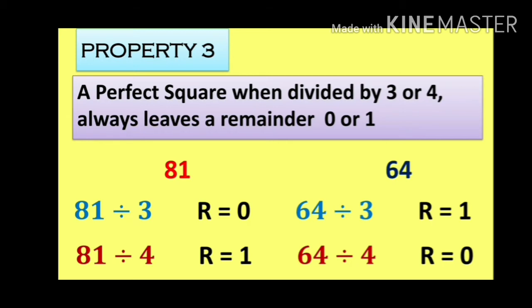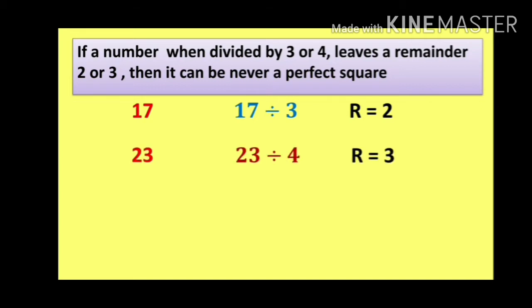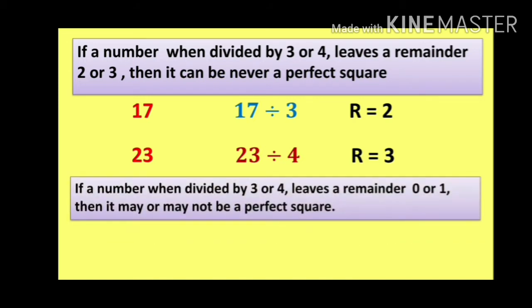0 or 1. Now if a number when divided by 3 or 4 leaves a remainder 2 or 3, then it can never be a perfect square. Suppose I take a number like 17. When 17 is divided by 3, the remainder is 2, and we know 17 is not a perfect square. Similarly, suppose we take 23 and divide it by 4, the remainder is 3, so it is not a perfect square. So here you have to remember, if a number when divided by 3 or 4 leaves a remainder 0